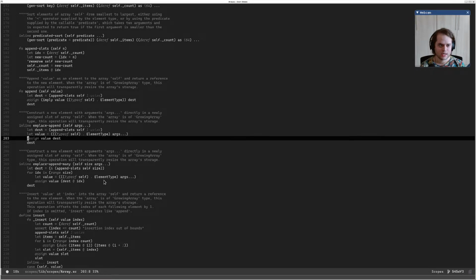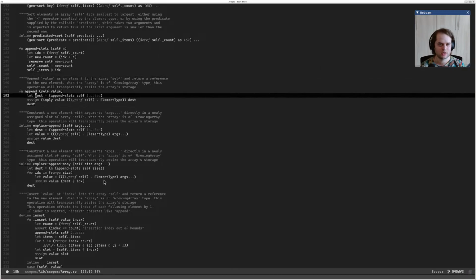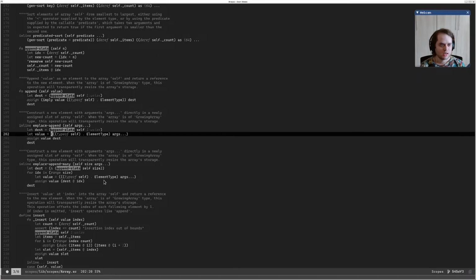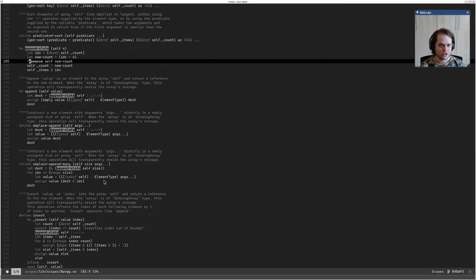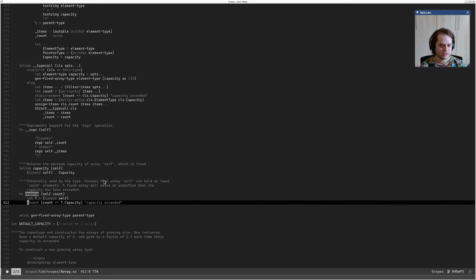I guess I could kind of steal the idea from Scopes, like directly. Because when you append stuff, eventually, here, append slots, it reserves, right, the count. And the way it does this,